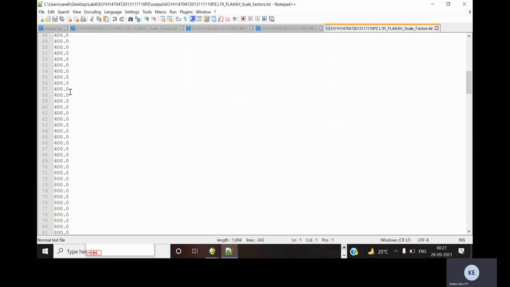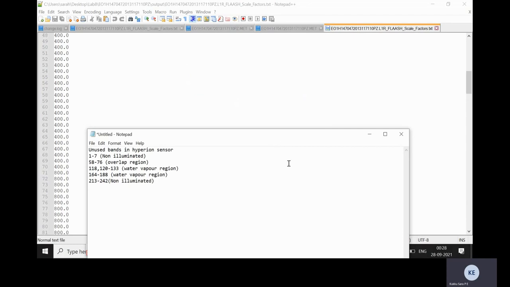So from this we have to again remove the scale factors for the unused bands, that is these bands.